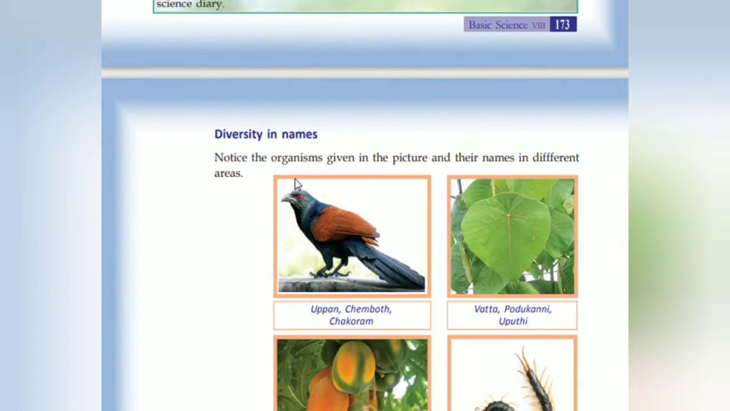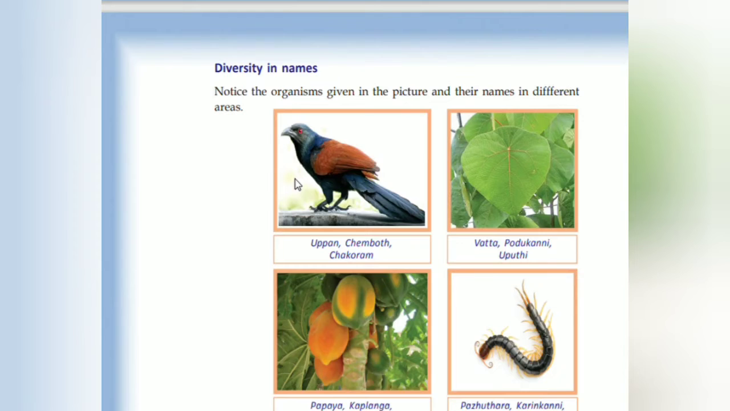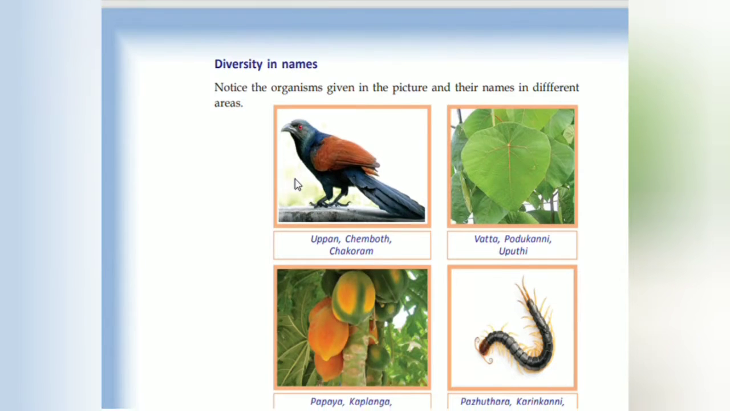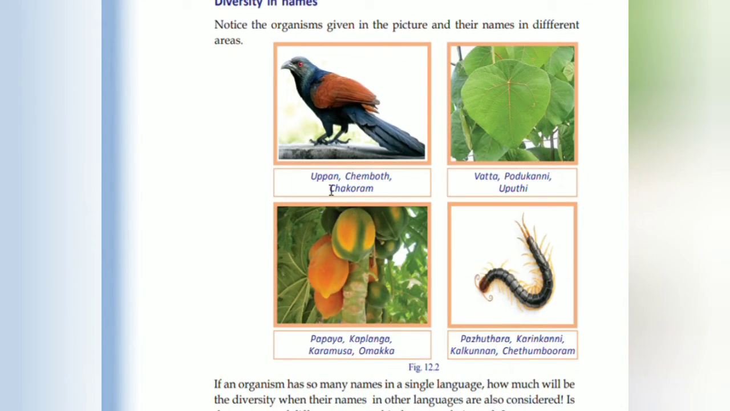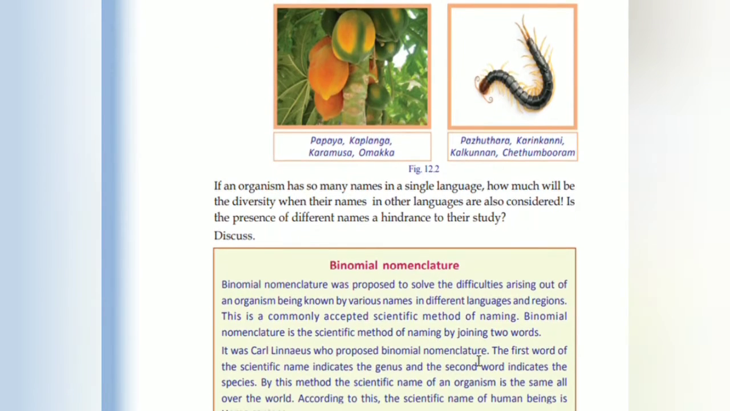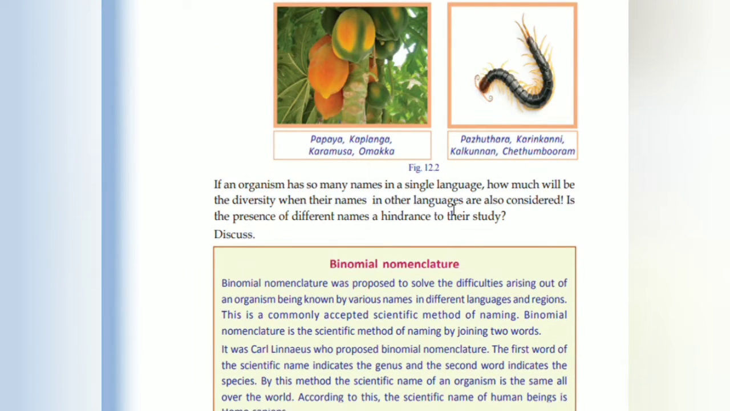Diversity in names. The same animal is called by many different names in different places. Here see Uppan, Chempothu and Chakoram. This one Vatta, Upputhi, then Pappaya, Kaplanga, Carmosa omaca, then Padudara, Kalkunnan. If an organism has so many names in a single language,